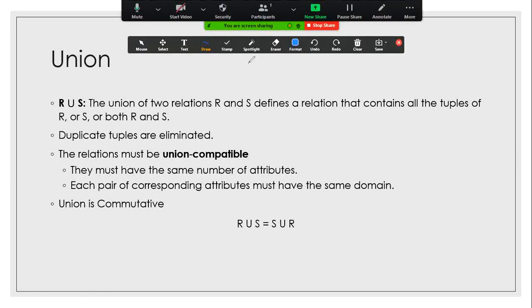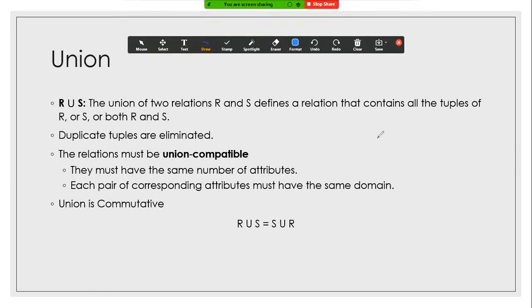So consider here we have this R, and in R we have values 1, 2, 3. Then we have this set S, and in S we have values 1, 3 and 4. So what will be R union S?